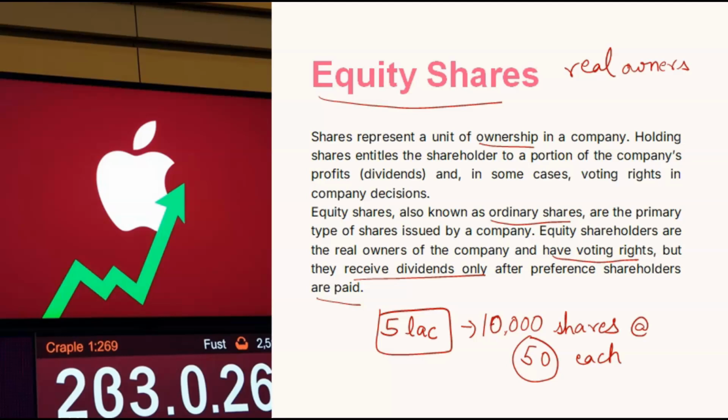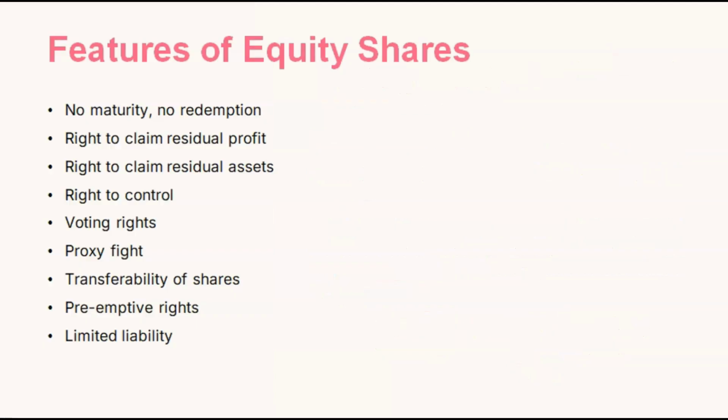If a person purchases equity shares in the company, he becomes an equity shareholder, and that person is the real owner of the company. For the part he has purchased, based on his investment, he will be that percentage owner in the company, and he will have voting rights, and he will receive dividends also. Dividend is nothing but profits, but he will get dividends only when they are distributed to preference shareholders. About all these things we'll discuss more. Let's see about its features.